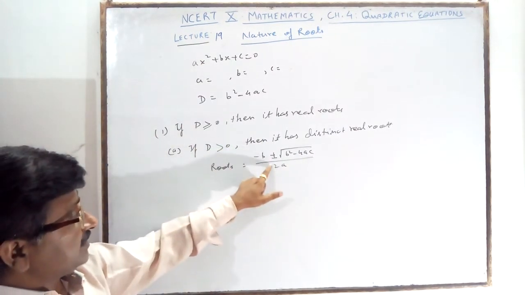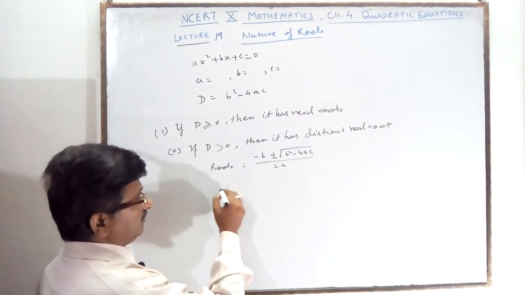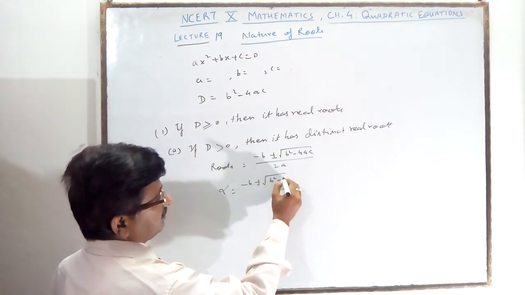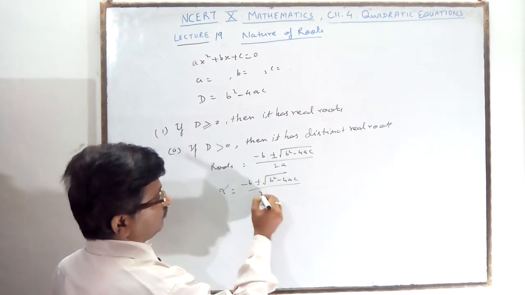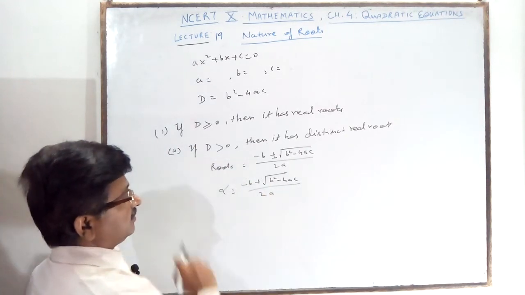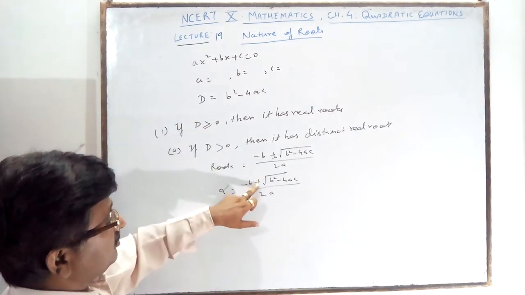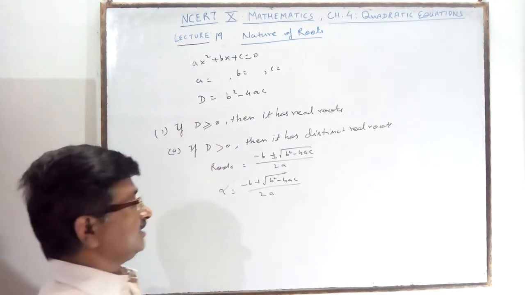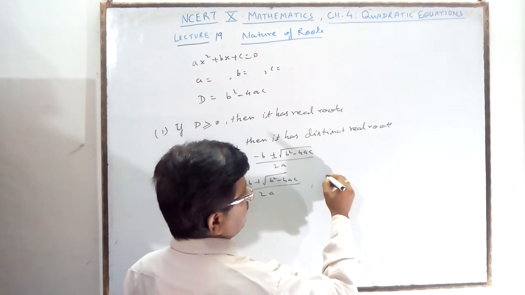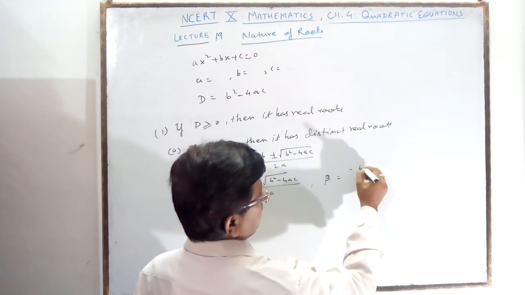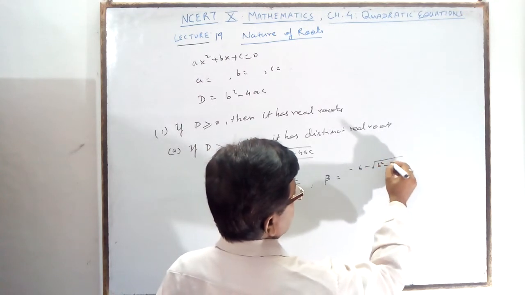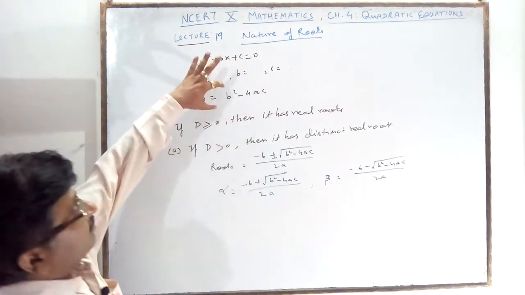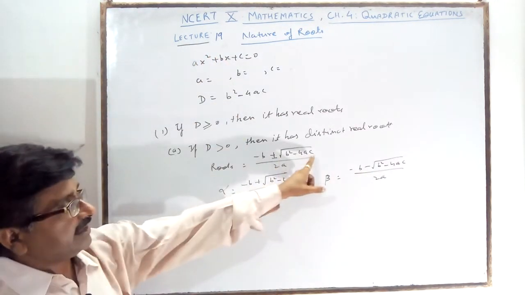It has two signs, plus and minus, which means one root will be alpha, minus b plus under root, whatever value you are getting. Because you are seeing that the formula is big, but you will use only the plus sign in one or the minus sign in the other. Alpha and beta are the two roots, and then beta will be minus b minus under root b square minus 4ac by 2a. But you don't write this. What you are calculating here for d, that value you will write at the place of this.